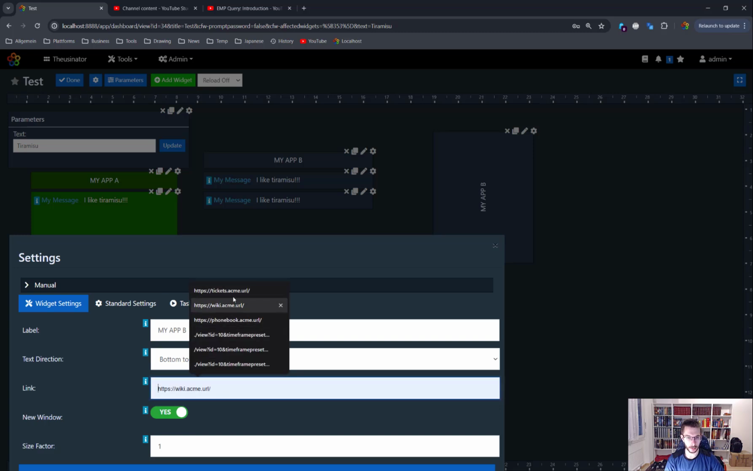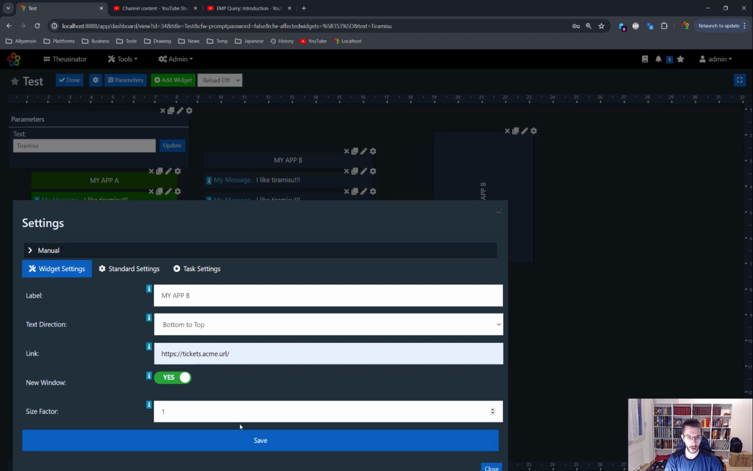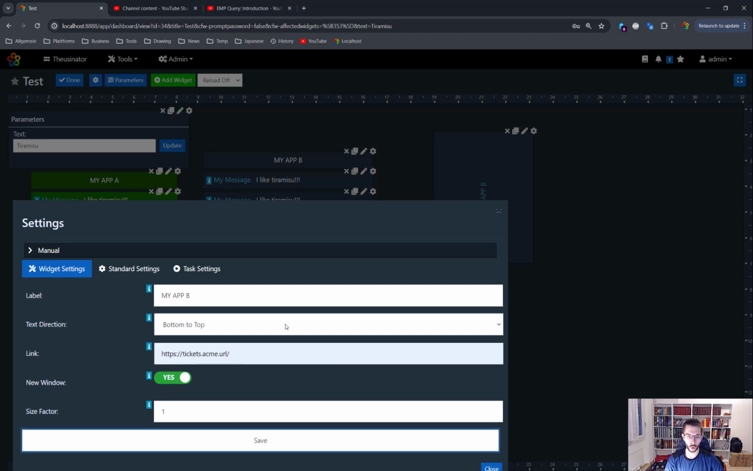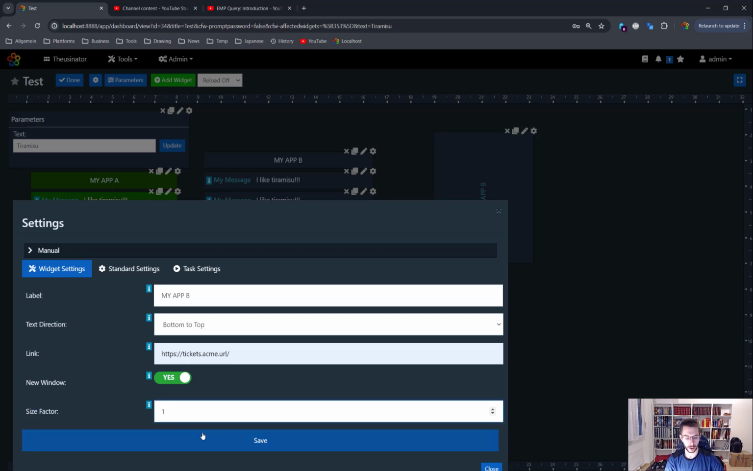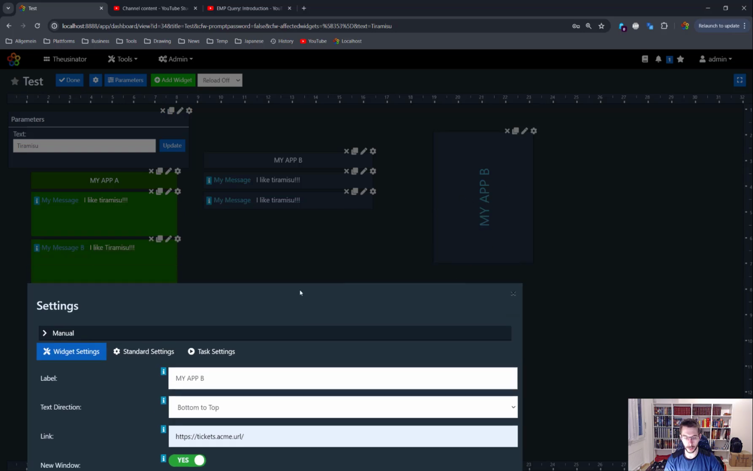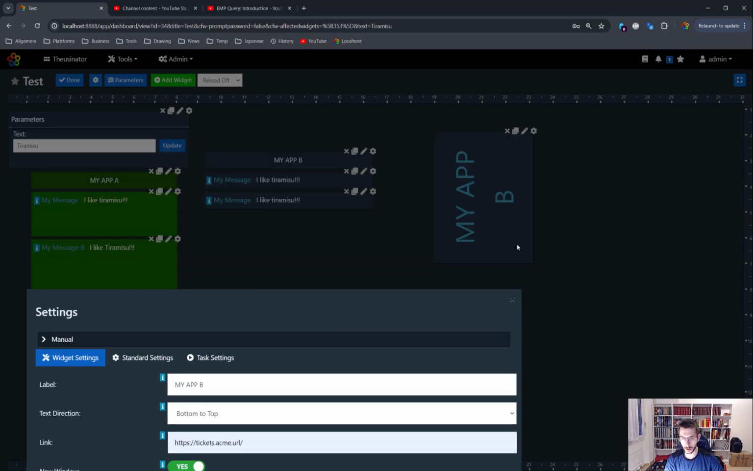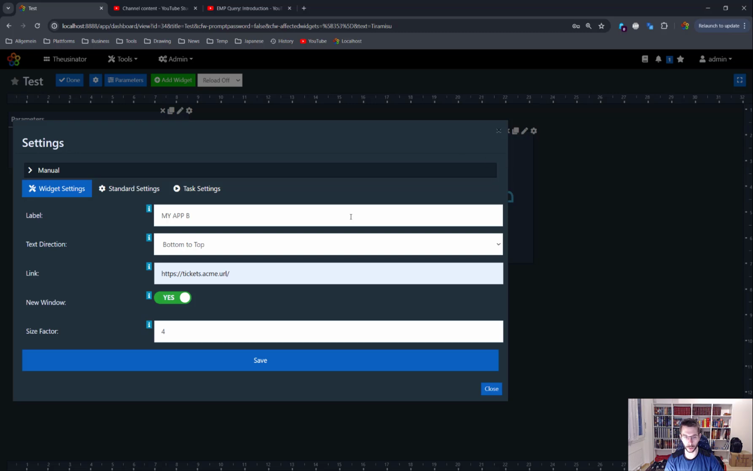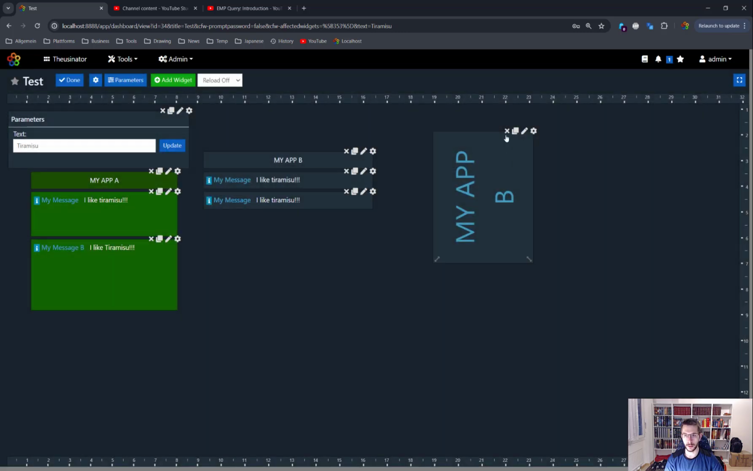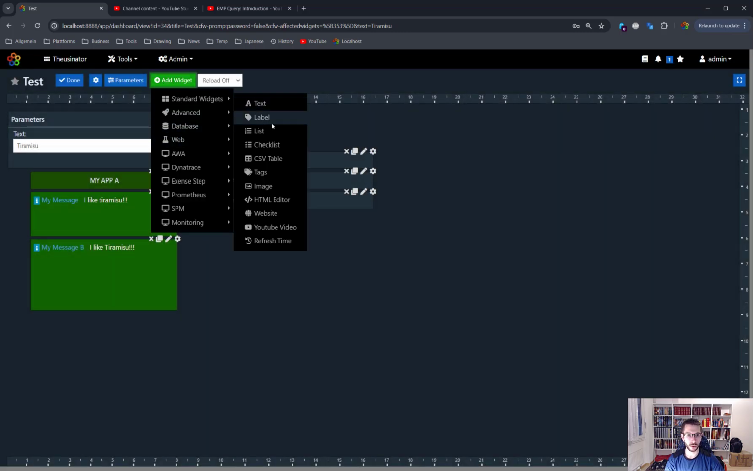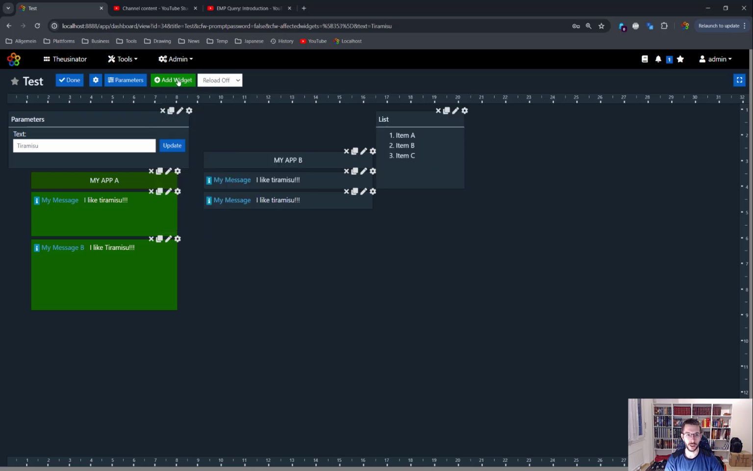we can put the link, let's say to some ticketing system or so, and we can say if the link should open in a new window or not, and we can increase the size of this label by just increasing this factor however we want to change it. Okay, so this is one interesting widget. Then these are just some example widgets that you can use to make a mock-up of a